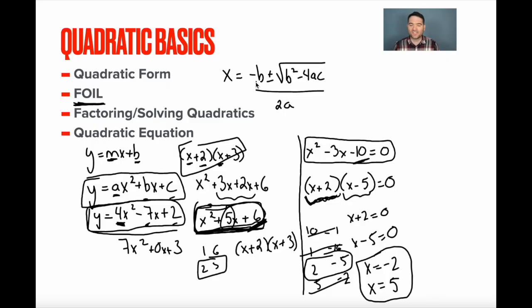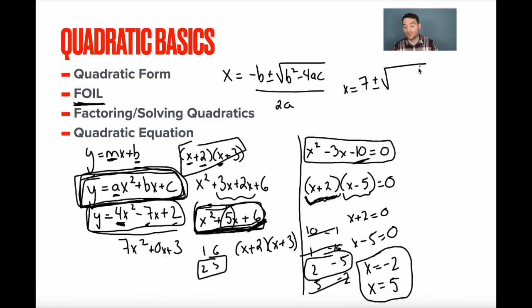Now, what are all these a, b's, and c's? I'm so glad you asked. They're the terms that came from this generic version. So again, let's say that we have this expression right here. Y equals 4x squared minus 7x plus 2. In this case, the a is 4, the b is negative 7, and the c is 2. Let's plug it into what we have, right? Negative b. Okay, so negative b would be negative 7. So positive 7